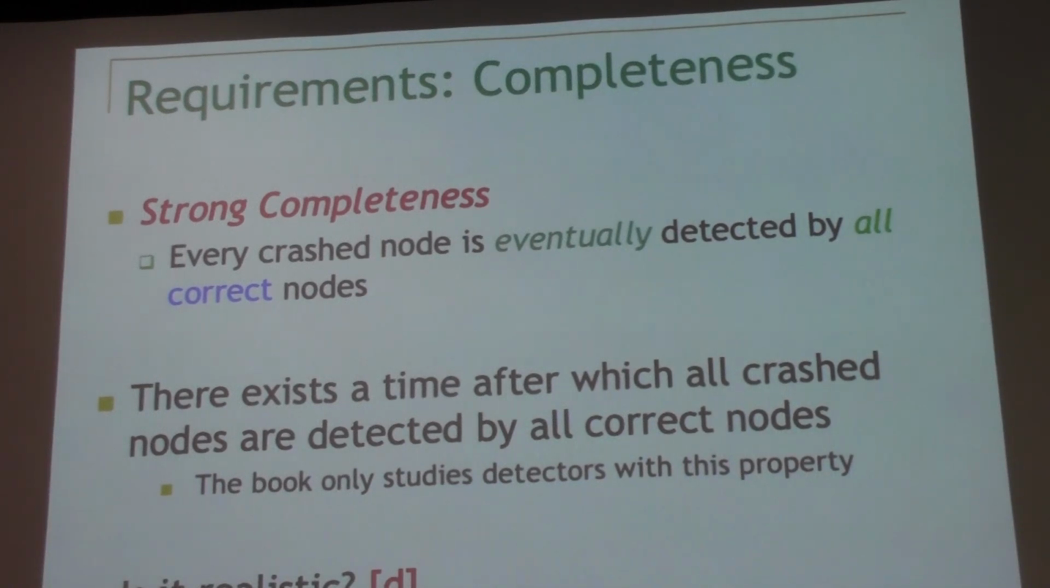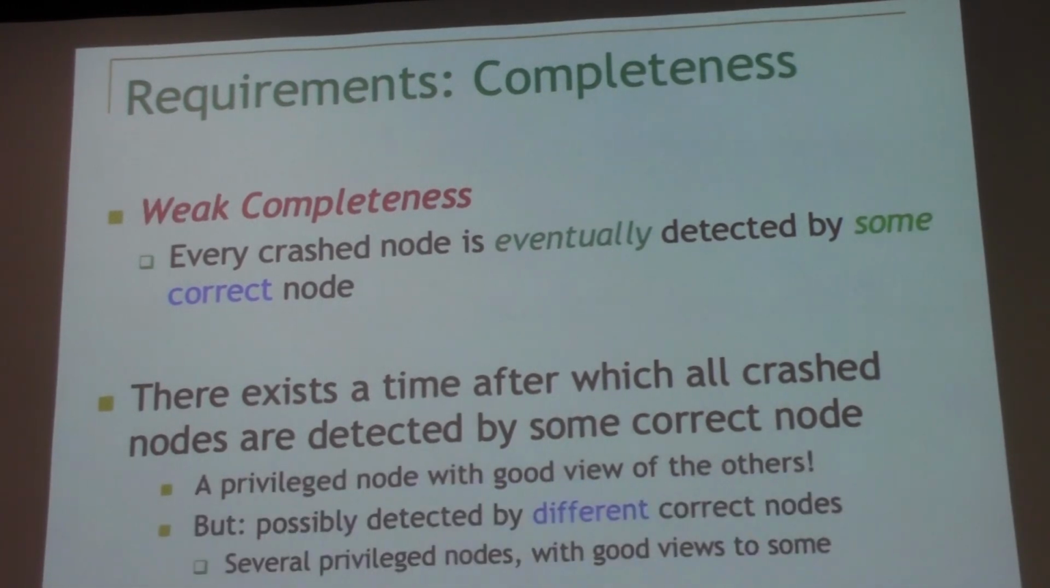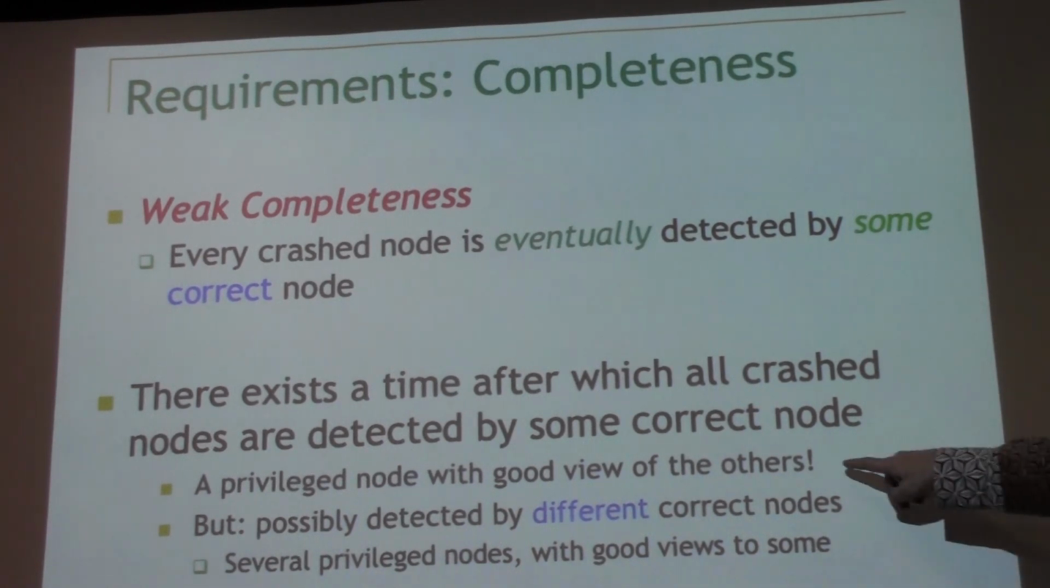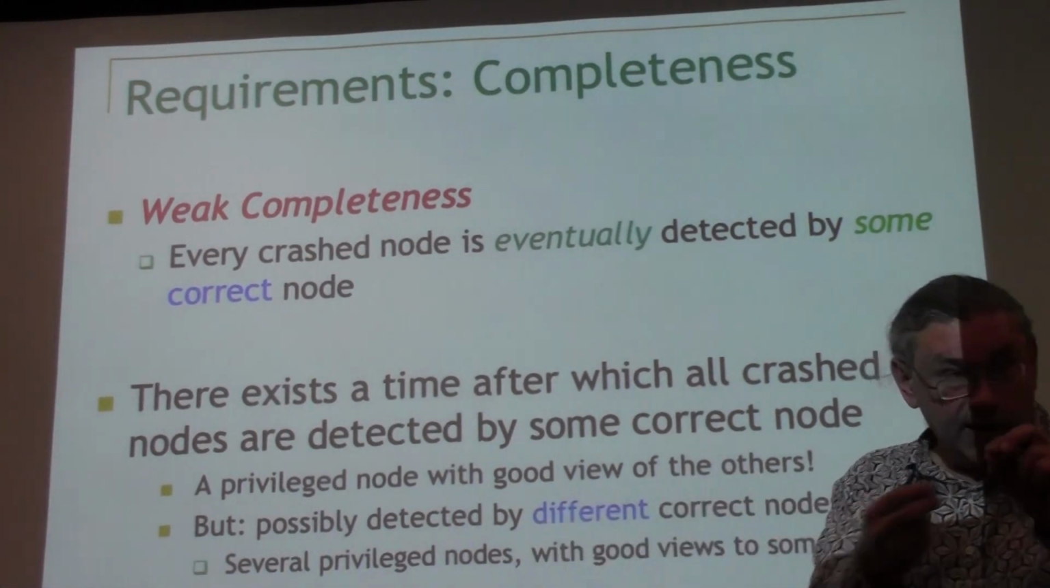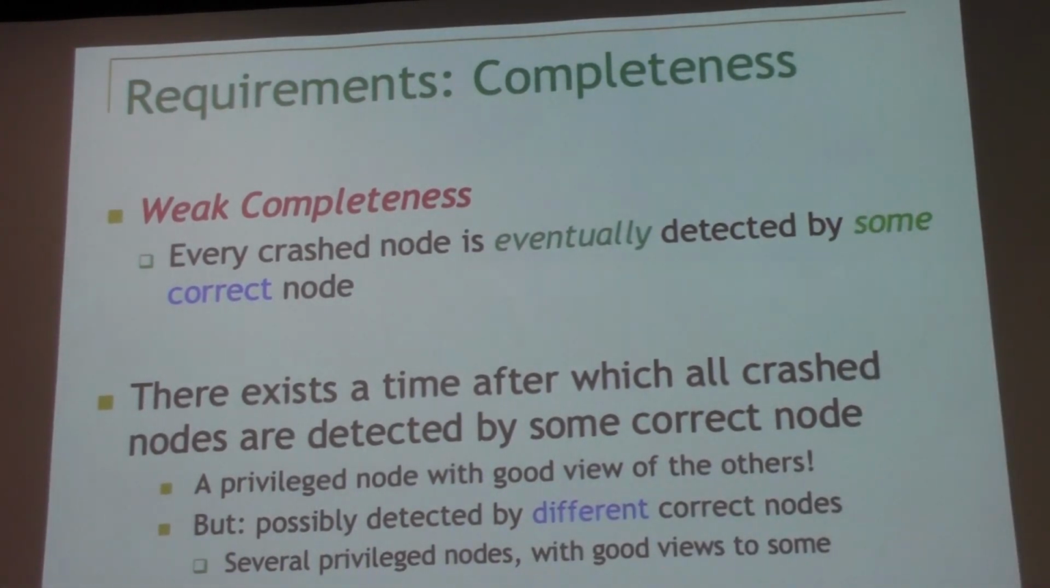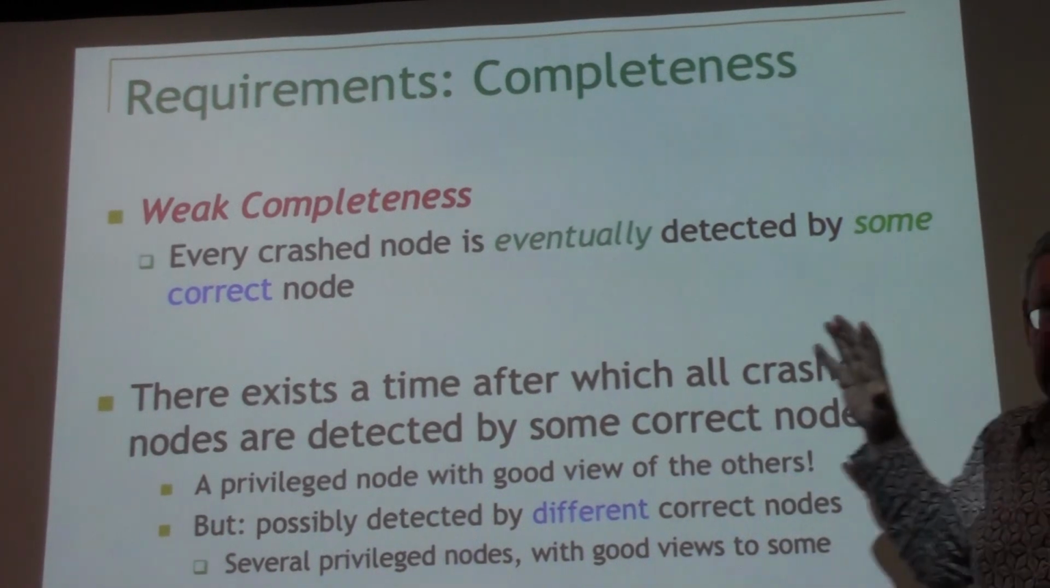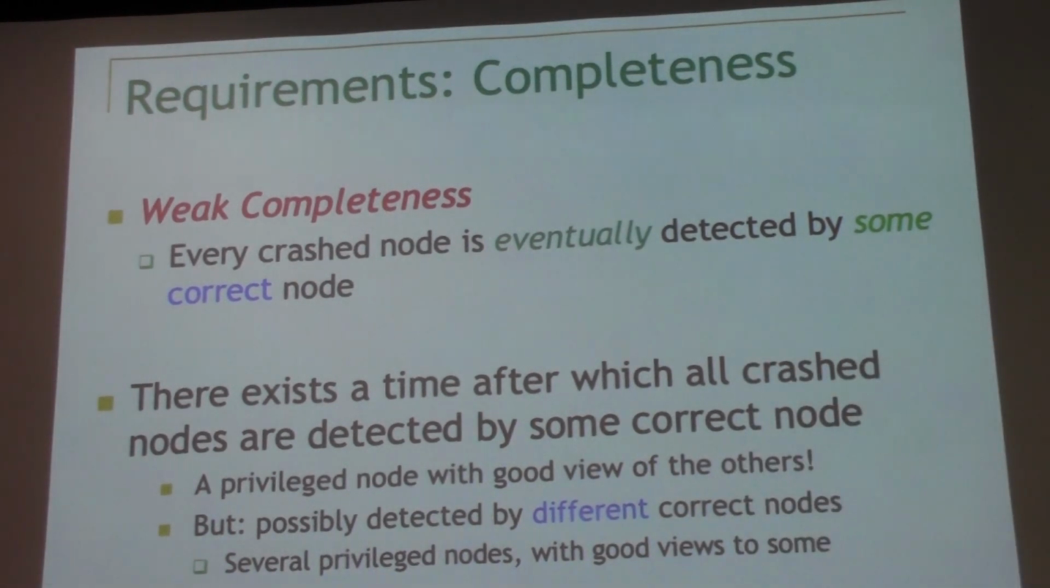So strong completeness is not the hardest one. We have another one called weak completeness. Sometimes it's not possible to get strong completeness. Weak completeness means every crashed node will eventually be detected by some correct node. There is some node, which is like a privileged node, that can see all the crashes, okay? Some node can see everything. And the intuition on this,